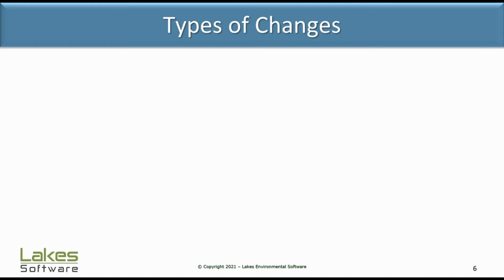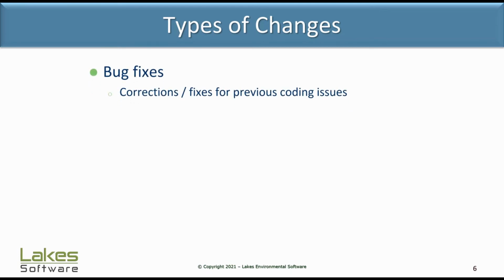And the model change bulletin will go through 3 primary changes to the executable. The first are bug fixes. So when there are coding issues, when there are mistakes found, when there are issues that need to be addressed, corrections and fixes are applied, and those are noted in the model change bulletin. The next set of updates are